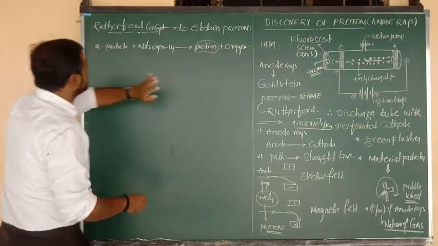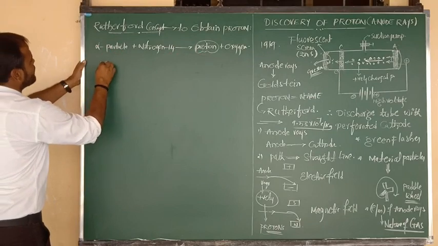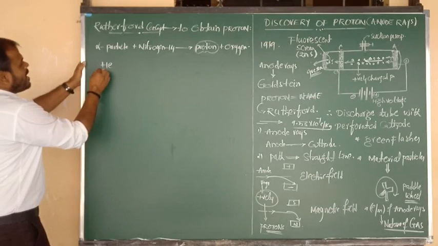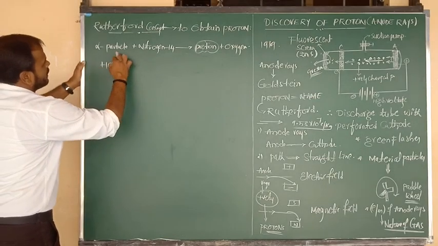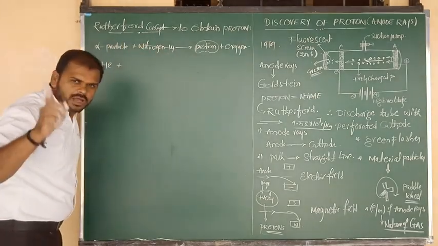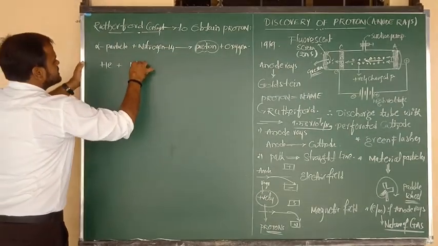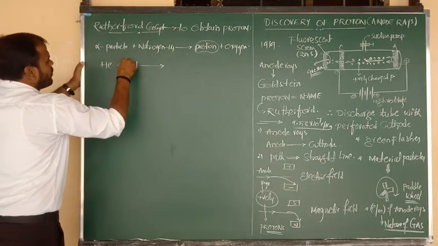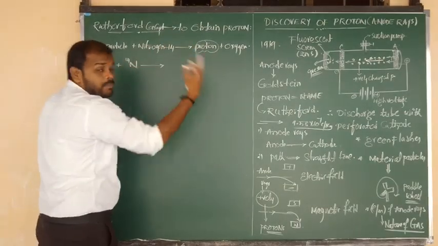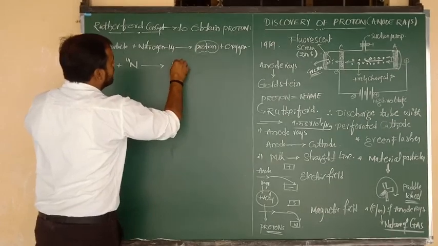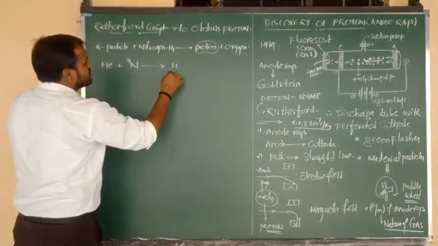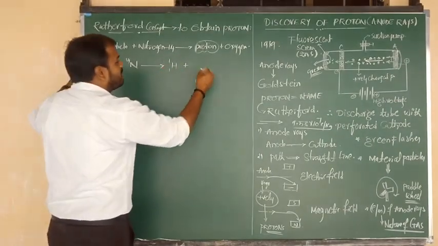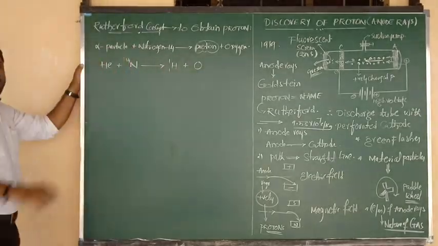Right, let me consider the reaction. What is the symbol of alpha particle? He, helium, you know that very well. Next, it makes bombardment upon the nitrogen atomic nucleus. Nitrogen symbol is N, nitrogen 14, meaning mass number is 14. And what do we get as the product? Proton. What is proton? H, atomic number 1, mass number 1. Next, what do we get as the byproduct? Oxygen. Now we have to balance.